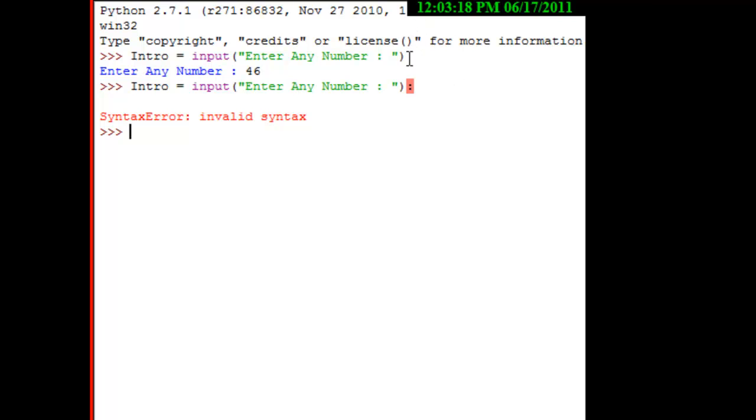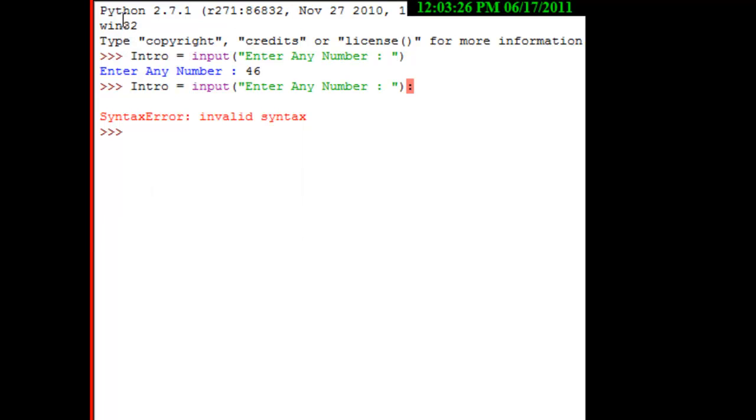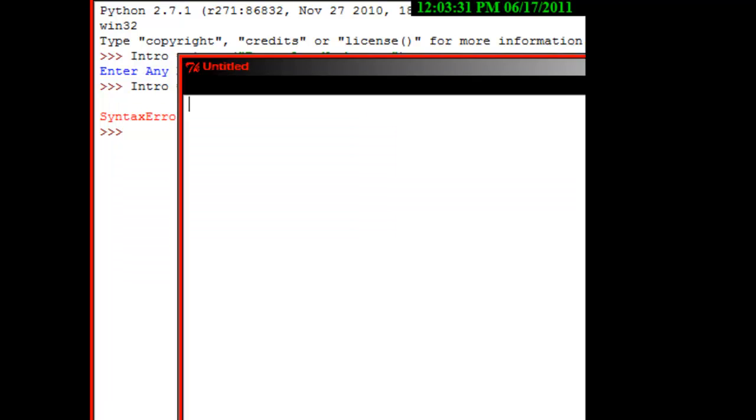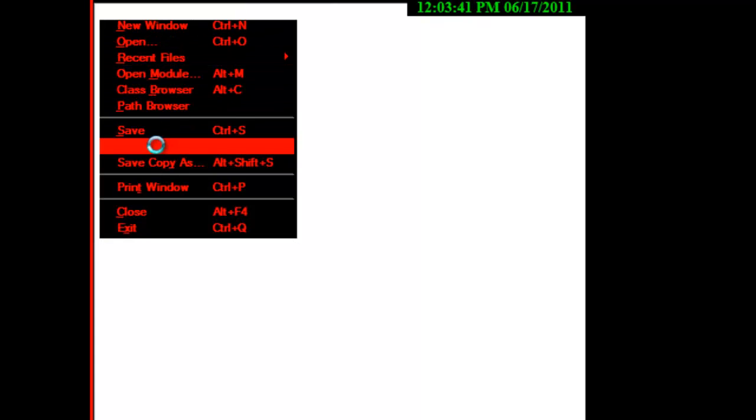Go ahead and copy this code, your intro code, if you will. Go over here to File, New Window. It's time to make a program. Now, once you get a new file, edit your file. Now, in here, you're going to type in. Actually, you need to save the file first. So I'm going to go ahead and save as,